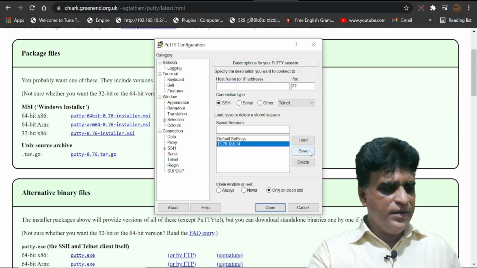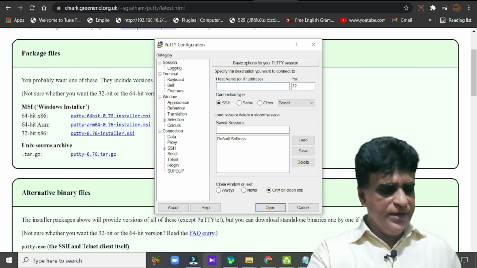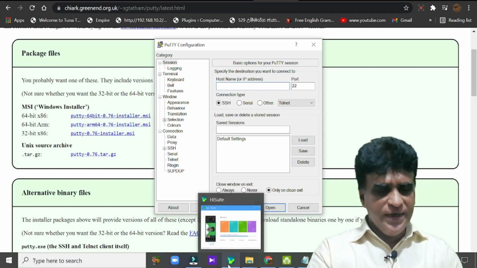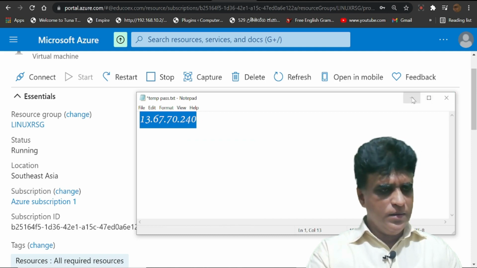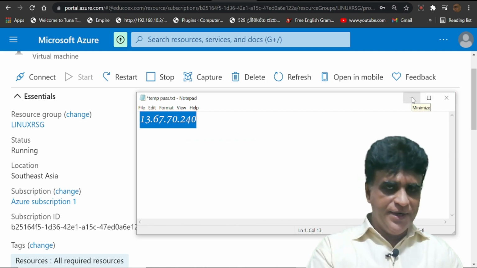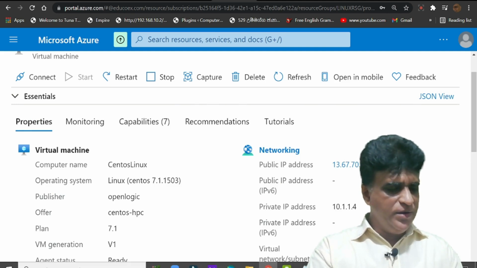And what I am going to do is connect to the Linux server what I have installed. Copy the IP address that is already in the clipboard.